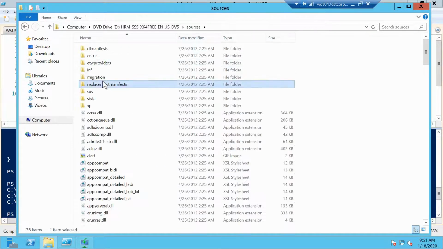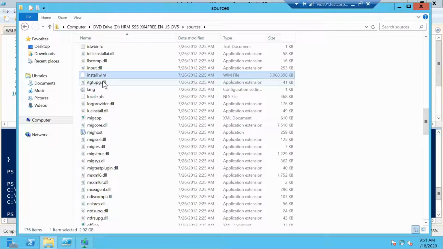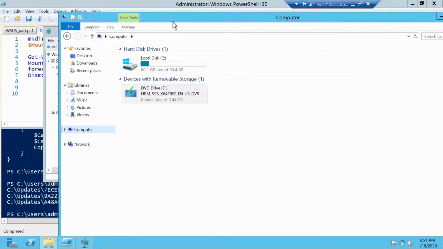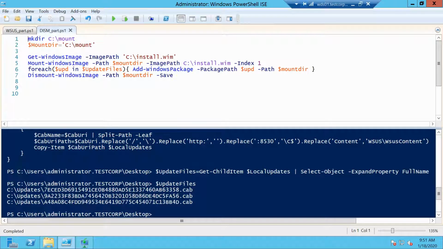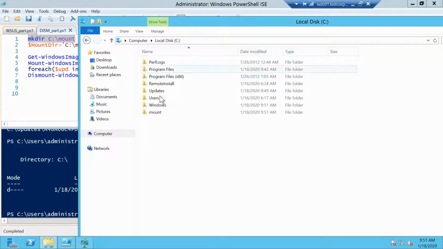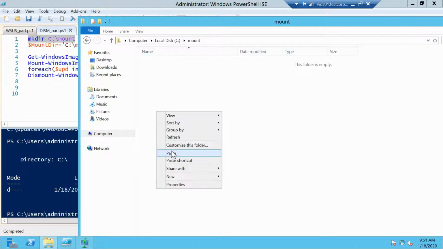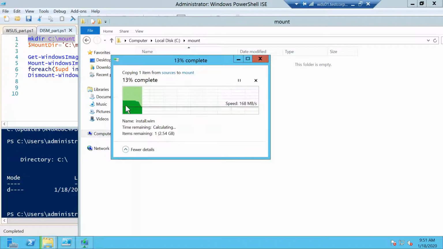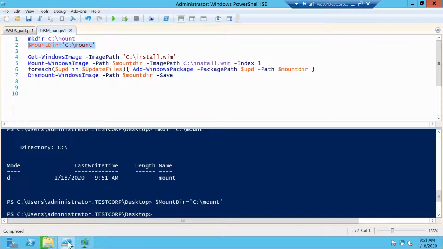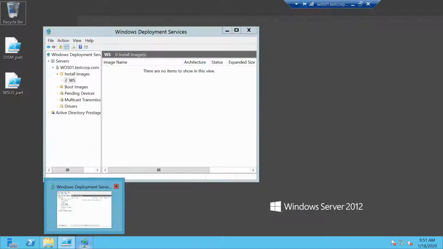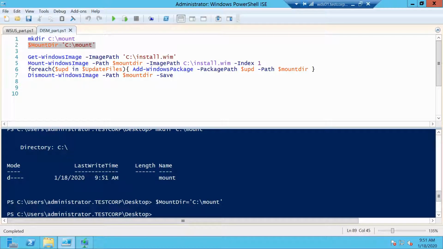Open it, go to sources, and copy the install.wim somewhere on your server. I will copy it in C:\mount. So I'll copy it here. Let's also put the folder in a variable so it's easier for us. Excellent. So with the image copied locally, we can now go ahead and mount it so we can inject the updates. But first,